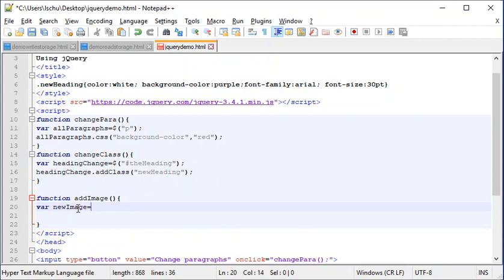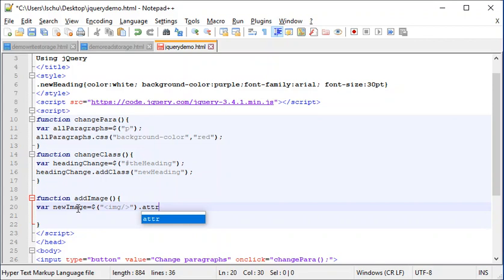And I'm going to set that equal to the jQuery object, and in parentheses I'm going to tell it that I'm going to add an image tag. Now the syntax, even though the image tag doesn't have a closing tag on it normally, when you're using jQuery like this, you are going to put that ending slash there. And then I'm going to chain on,